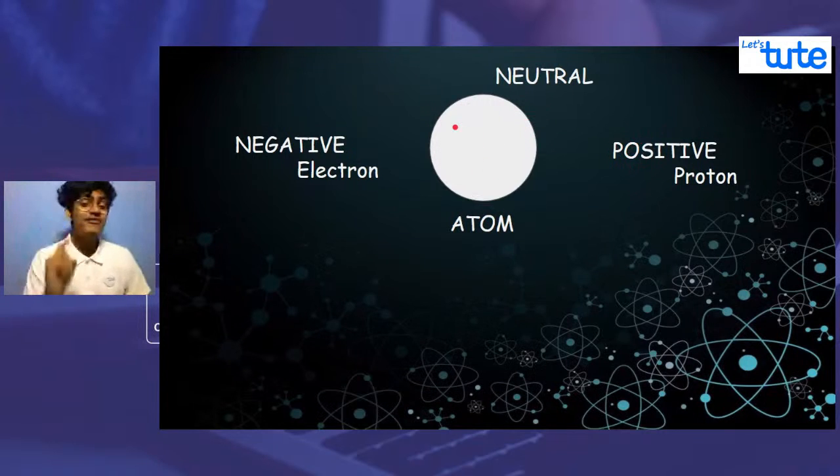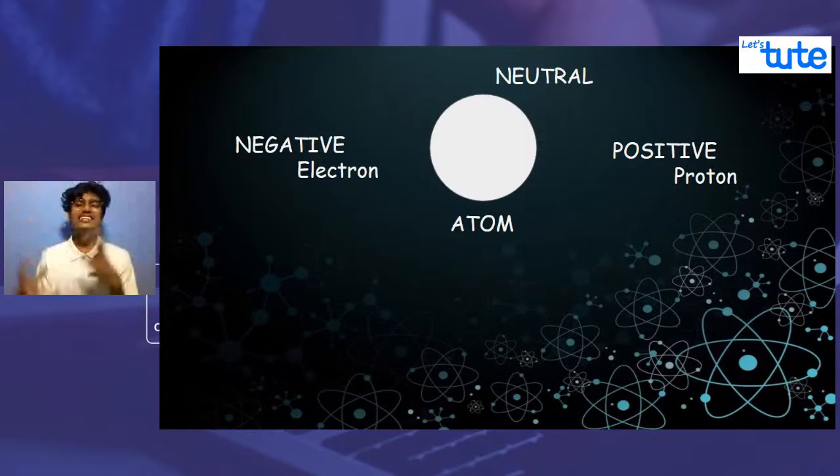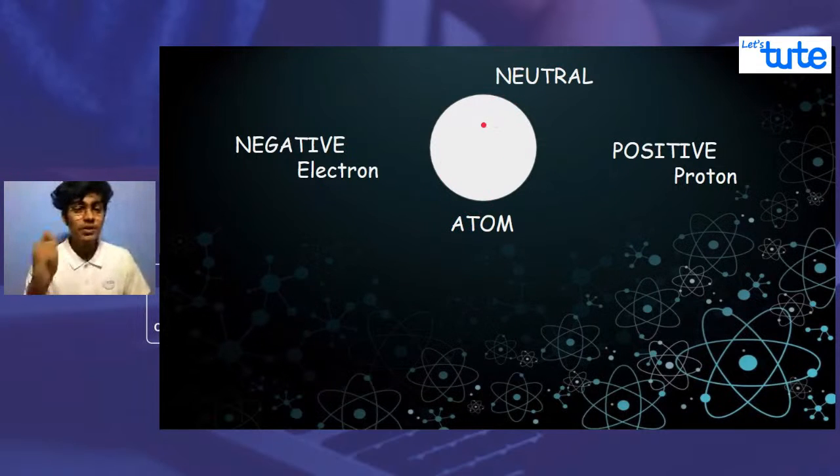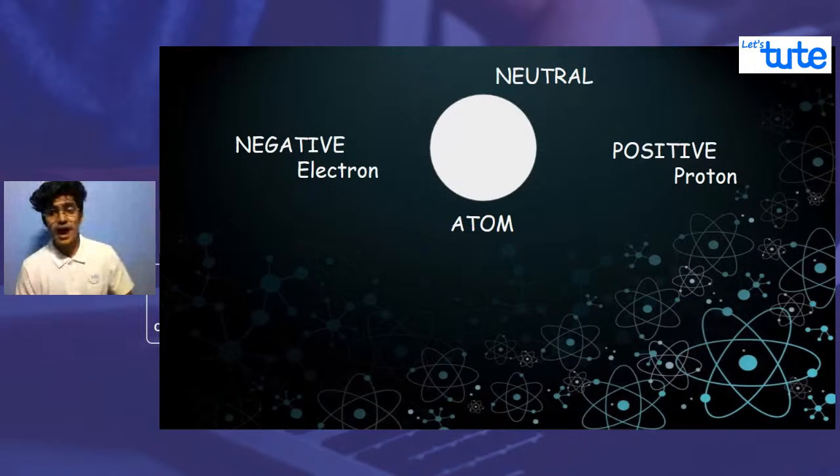And I have discussed one more subatomic particle. Of course we have not studied it yet, but we know that there are neutrons also. So how all these three subatomic particles are actually placed inside this atom is a very, very important question which you should ask yourself. The scientists also asked themselves this after these positively charged particles were discovered, and we are going to learn about it in our next live session.